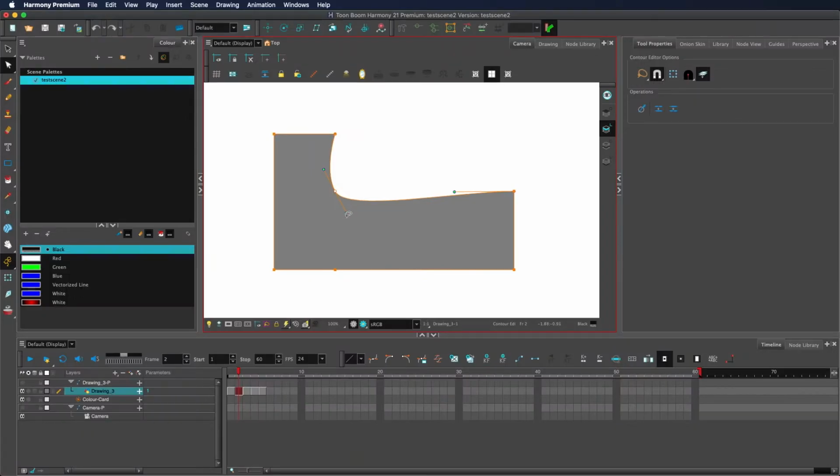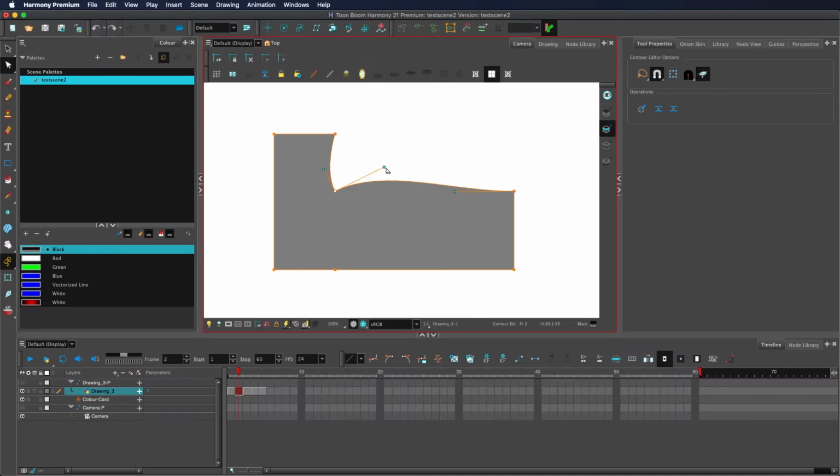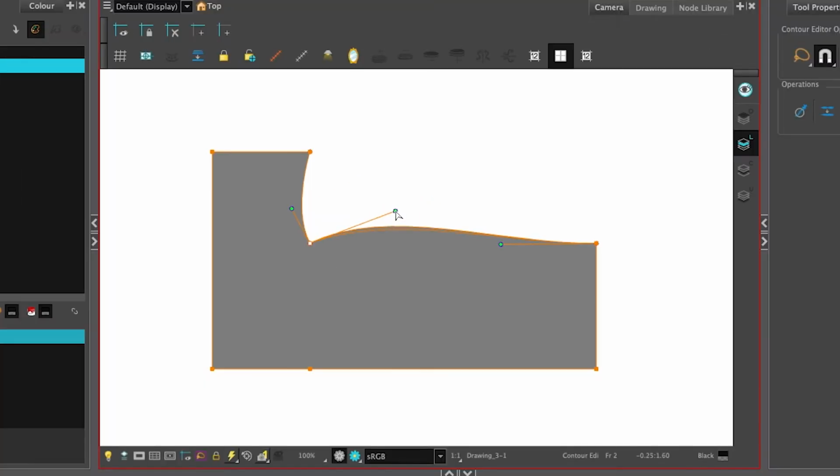You might feel bad to break them apart, but sometimes we need to. So hold Alt and then you can drag a Bezier curve, and this will break the link between them, and you can then control them individually. If you want them to link back together, move one of the Bezier handles and bring them to be next to each other, and it will return back to being linked.